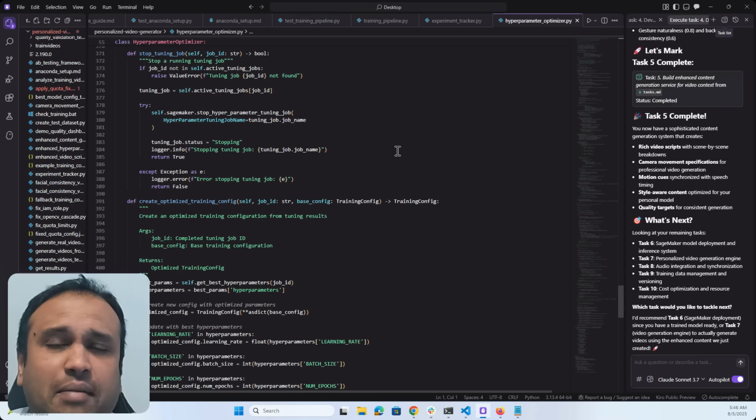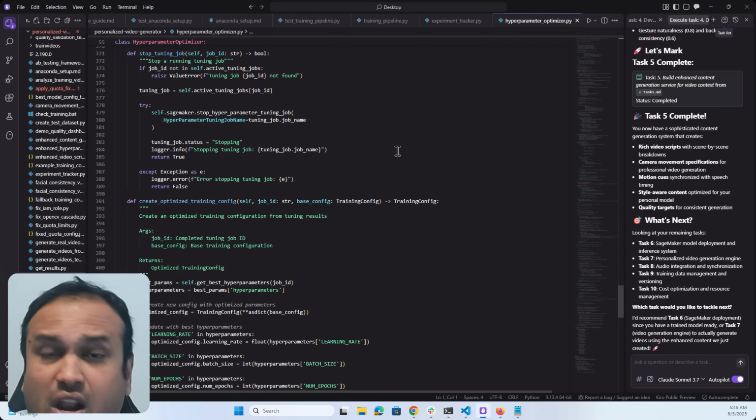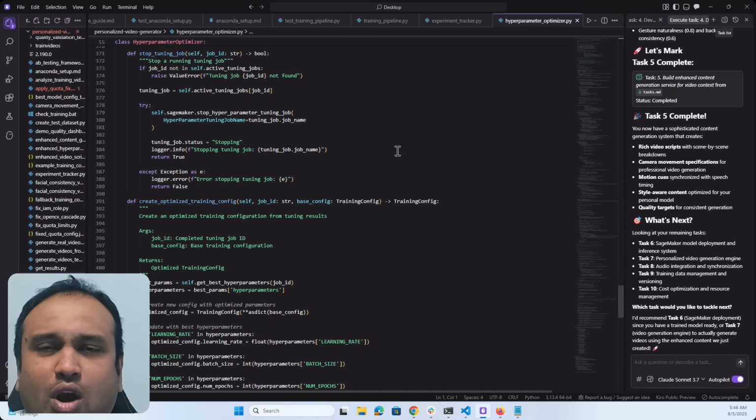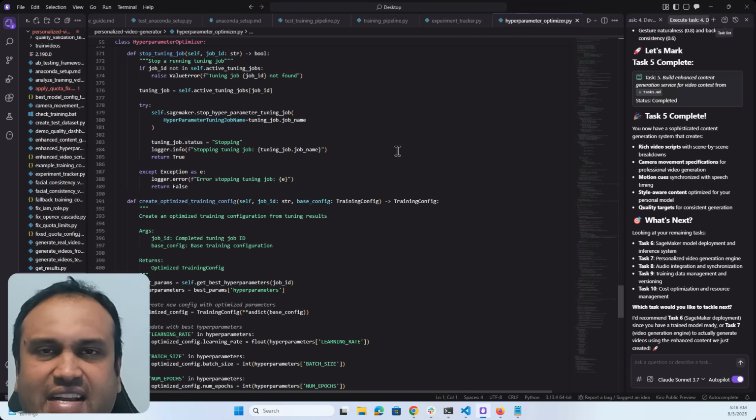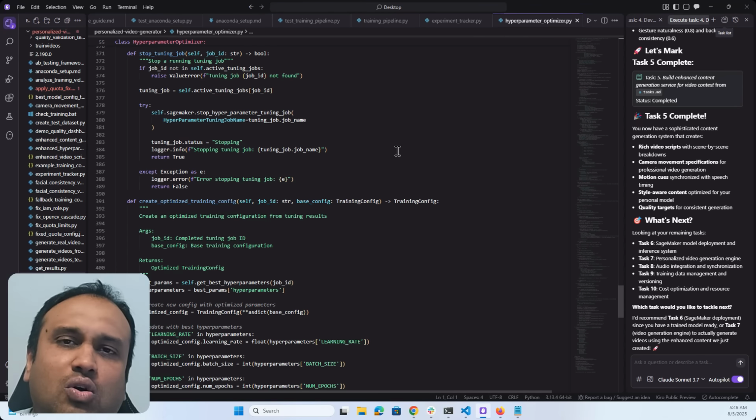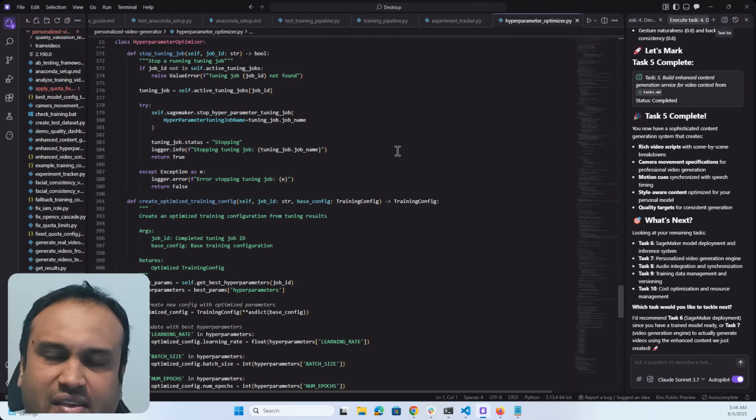And the fine tuning I'm doing with LoRA, because LoRA is really good. You don't have to muck around with all the parameters. You just have to focus on the attention layer, and it works through there. It was a pretty straightforward model: I took AnimateDiff as the base and then fine tuned it with LoRA.